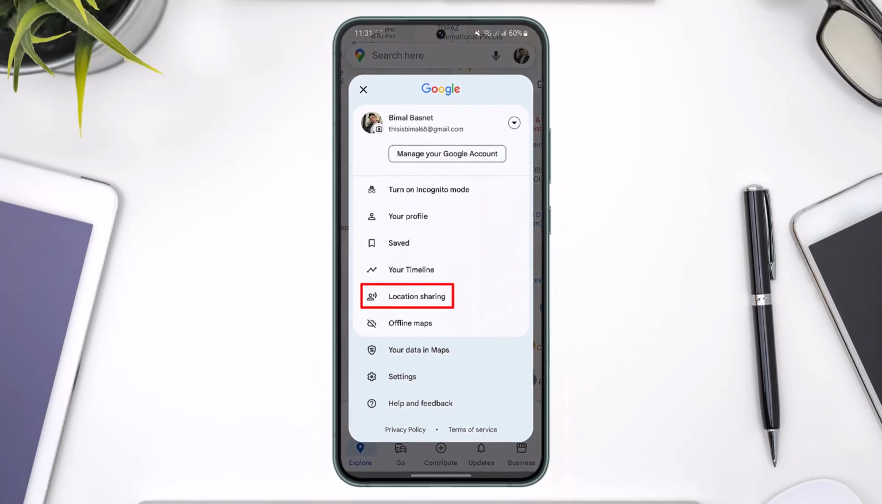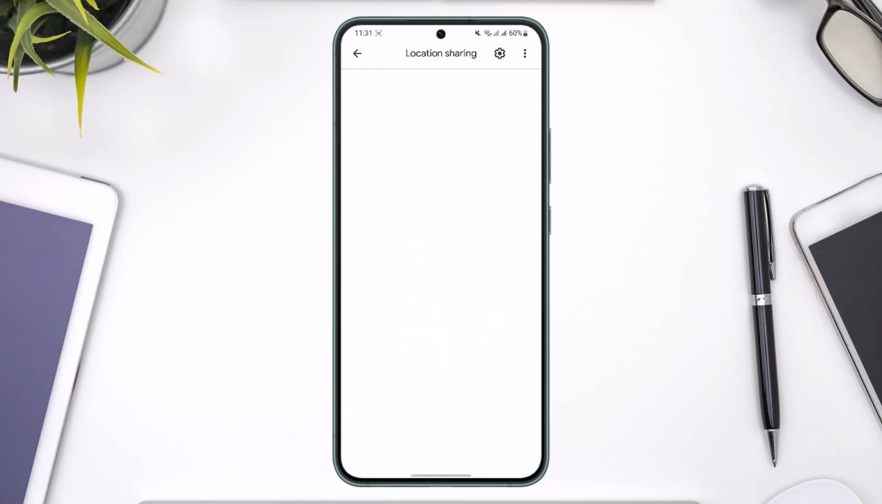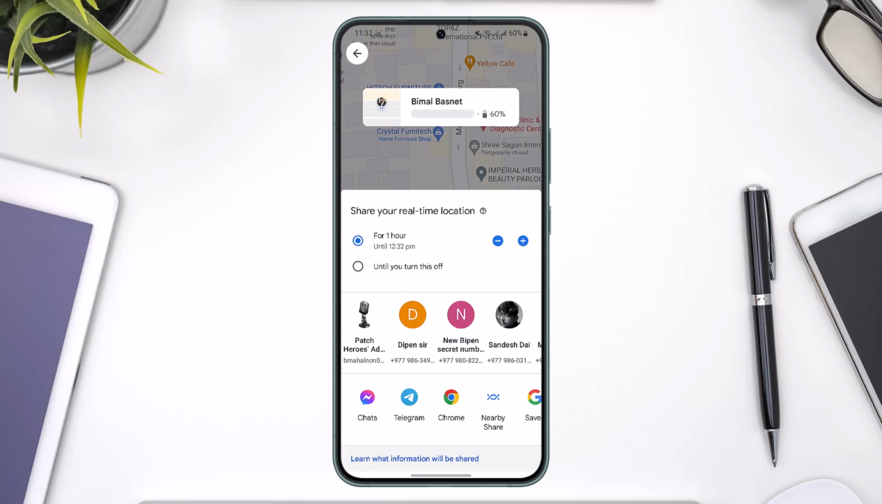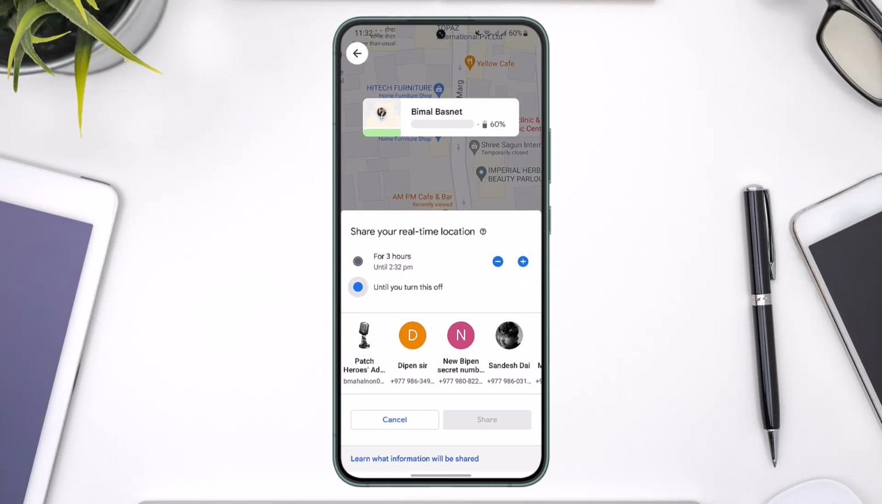And here you'll find an option known as location sharing, where you want to make sure to simply tap on it. And once you tap on location sharing, tap on share location, and then simply give access to your current location here, and then you can simply select a time frame, or you can select until you turn this off as well,